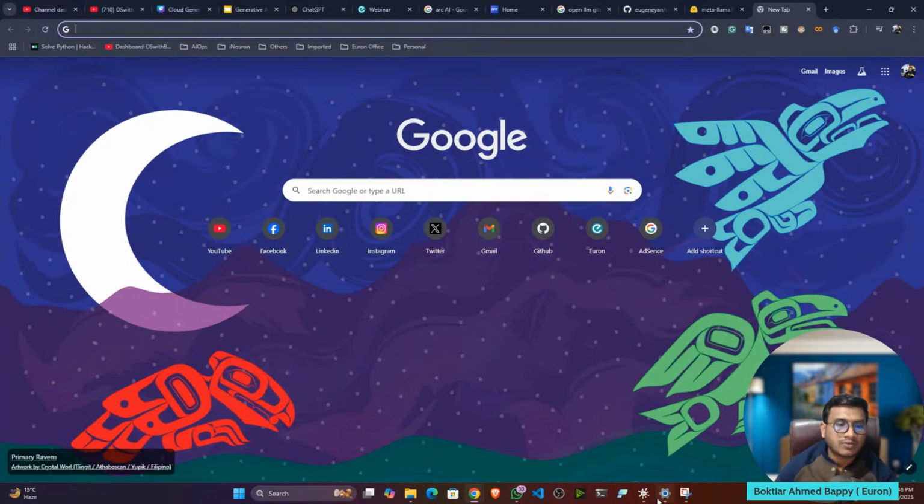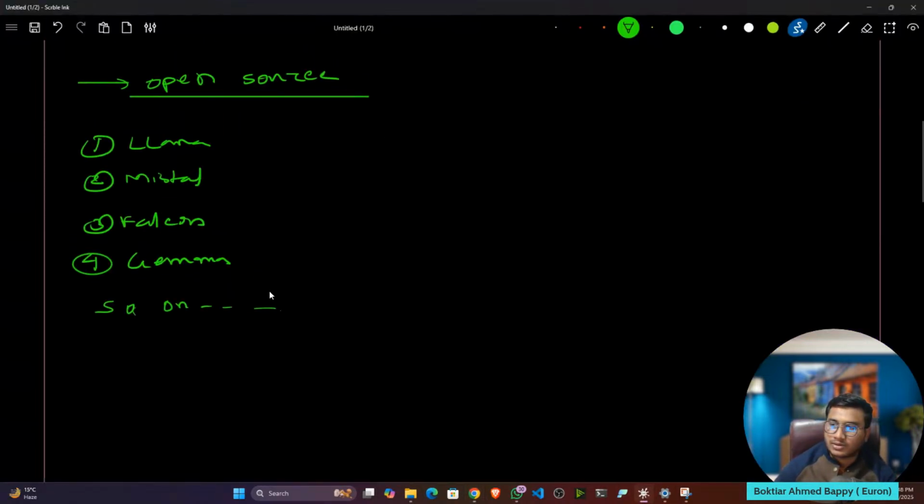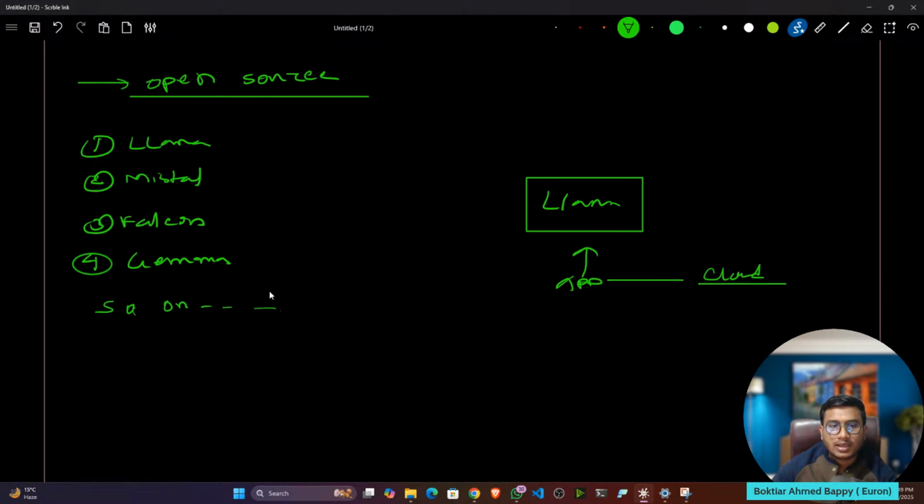Let's say somehow you've created the infrastructure, it's completely fine. Let's say you are running a llama model on your local system, or you have built a 20 lakhs PC and you are doing that. But what happens whenever you are creating any kind of application on top of it? The application is not going to be running on your local machine. At the end you have to host it on a cloud platform, right? And to deploy it to the cloud platform, there also you have to take a big instance, big infrastructure. Otherwise this particular model won't be running.